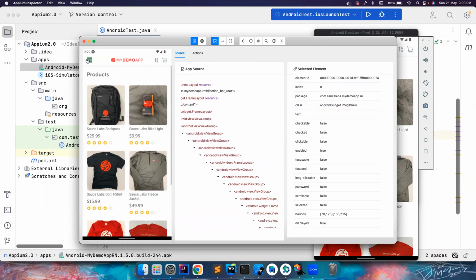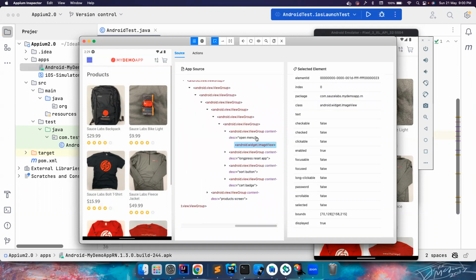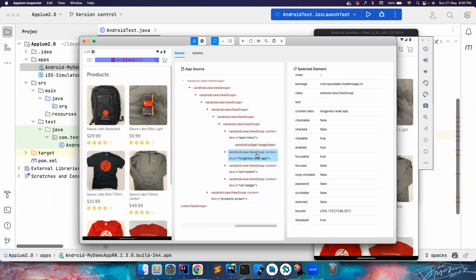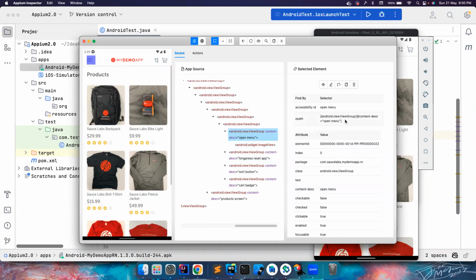So I just want to find this, right? So let me click on that. And this is long press. Yeah. So this is the open menu that we are interested in. So I think this is the XPath that it gave, which seems to be much reasonable. But if you notice, there is an accessibility ID of open menu, which is the best way to find this